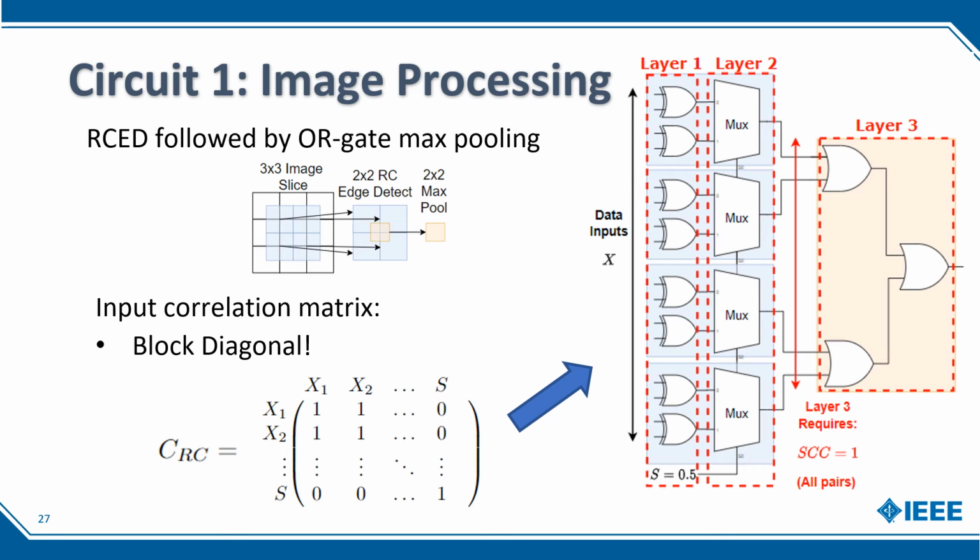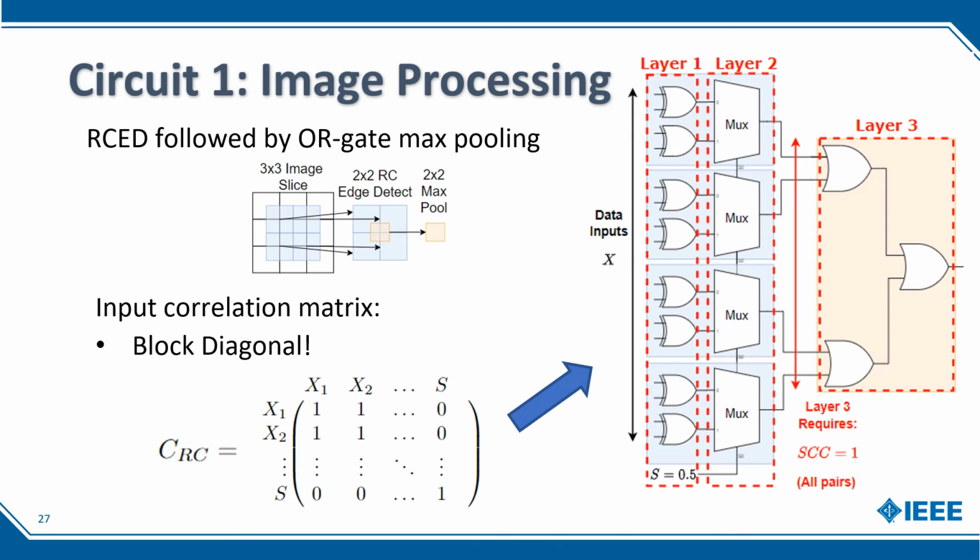The first multi-layer circuit that we will test for our experiment is a 3-layer image processing circuit consisting of 4 instances of the Roberts-Cross edge detector followed by a max pooling layer. We'll model the input correlation to this circuit using the block diagonal correlation matrix shown, denoted CRC. Using CRC, we'll apply our correlation analysis technique to find the resulting expected correlation matrix entering the layer 3 max